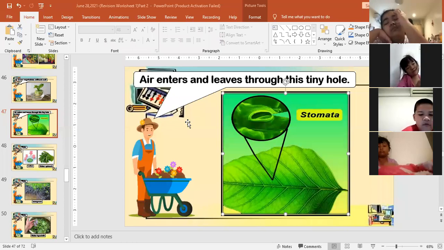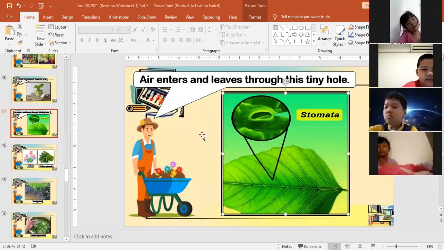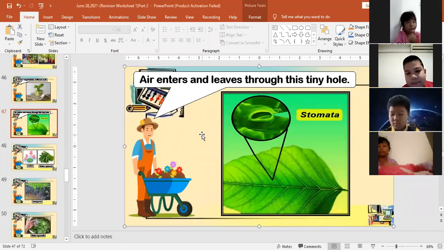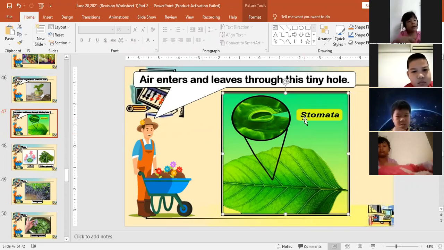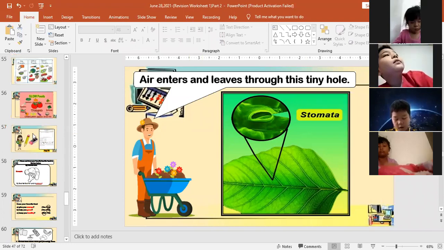Again, for humans and some animals, we use our nose and lungs. For some animals that live in the water, they use their gills. But for plants, they use their stoma. Okay, so last time we have discussed the different